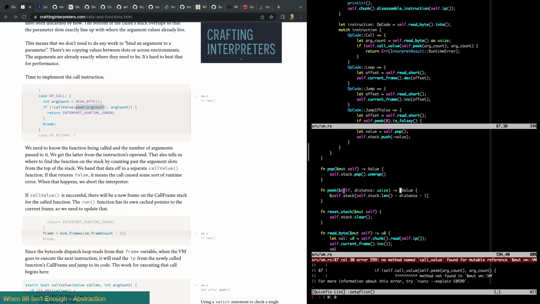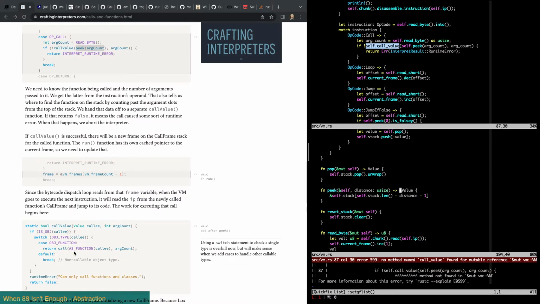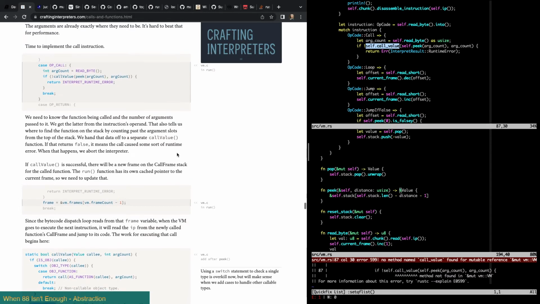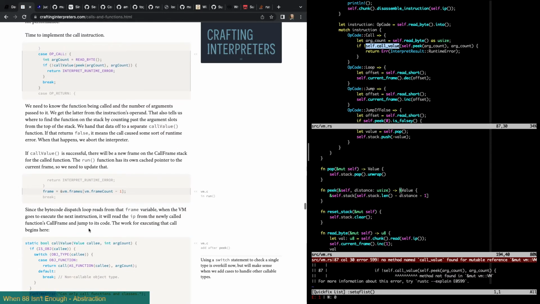Yeah, see, this is an immutable reference to this, and then call value is probably going to need to be mutable, because we're going to be modifying things. And runtime error definitely mutates because we set the has error flag. So we're going to have to do this a different way. We want to be able to do a call value, callee. And then this